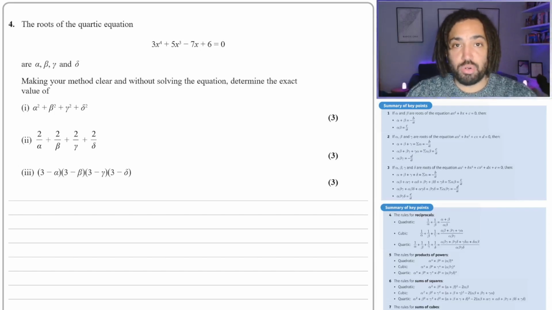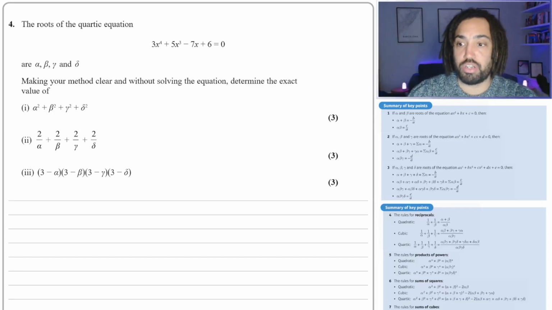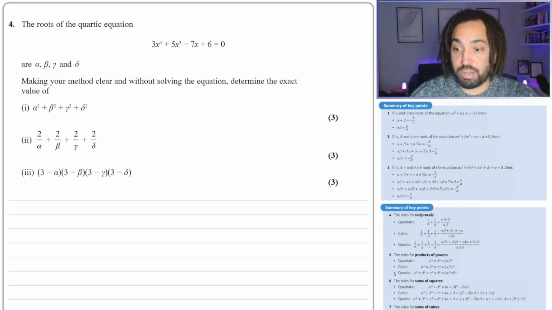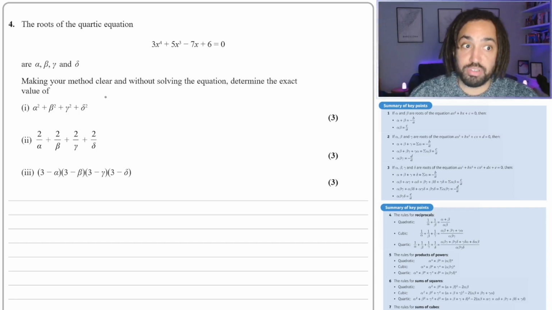Okay, question number 4, and we've got the roots of polynomials. Now I've put the summary of key points on the right hand side here, as these are some things which really you should commit to memory. Okay, so first off we're looking at the sum of the squares, which is down here, rule number 6, and this is a quartic. So what we could do, if you didn't know them, is you could just take the roots like this